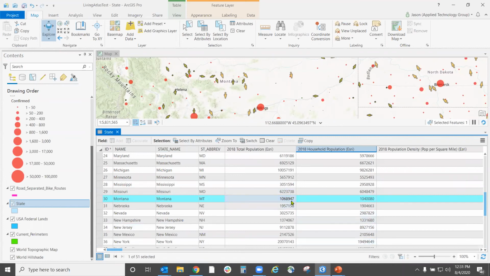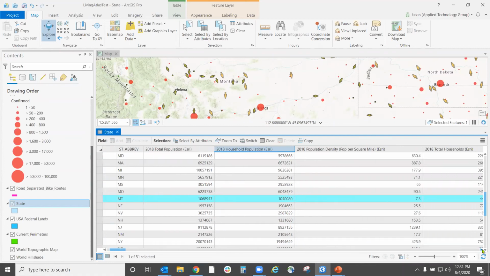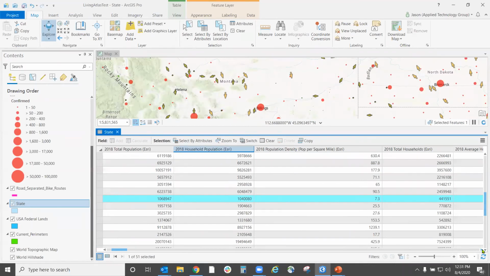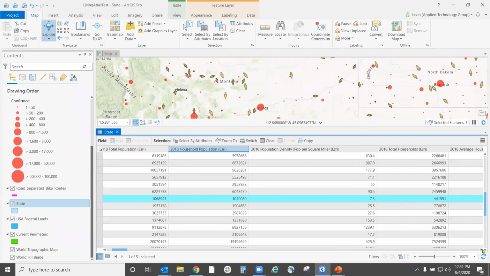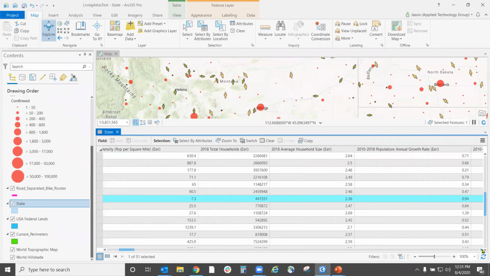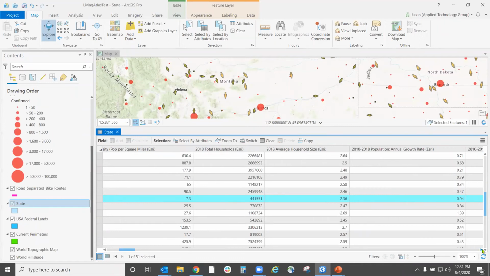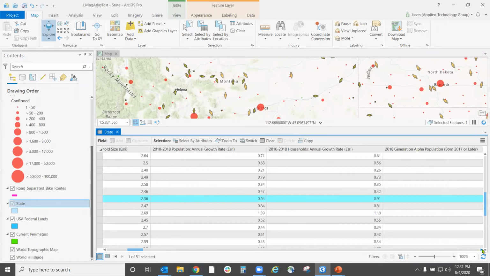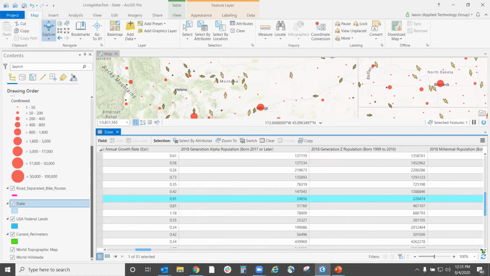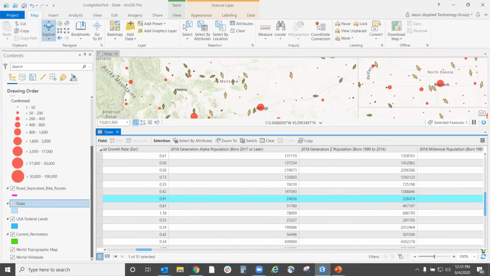The population in 2018 was just over 1 million. I can see my population density is a wonderful 7.3 per square mile, which means that while I'm camping in eastern Montana, I'm not likely to find anybody else, which is probably what I want, especially when I'm trying to social distance, right? We can see the growth rates. If I was wanting to use this data for anything else like site selection, or where do I want to live, maybe I want to live with a bunch of